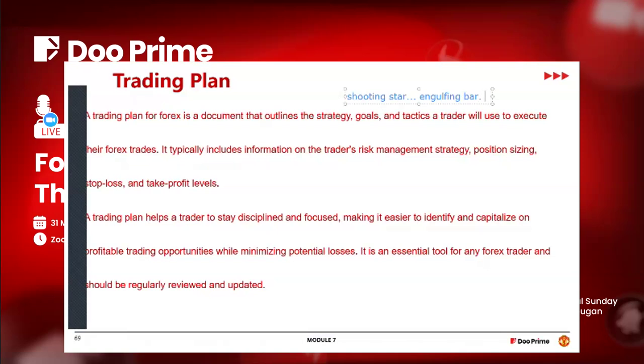Why? Because you have tested your strategy. You had back tested it over time, and you identified the shooting star as that candle that gives you what? That gives you good risk reward, that gives you good profitability. You've not done that with the engulfing candle before. You've not done that with any other star before.